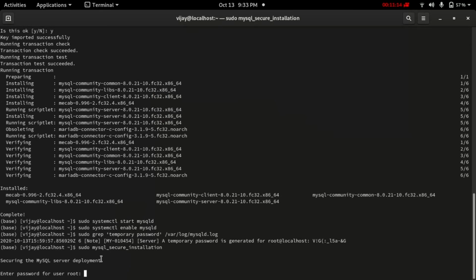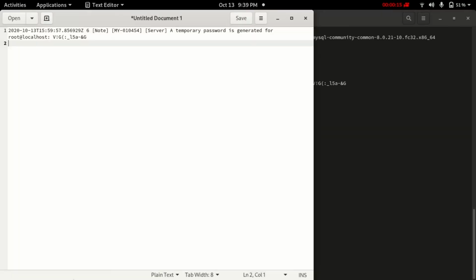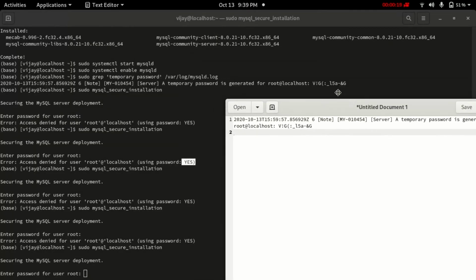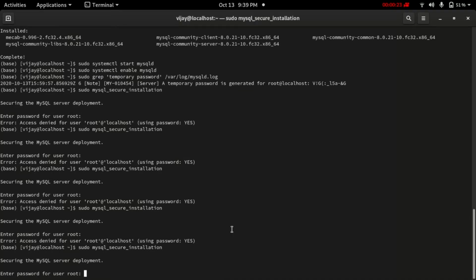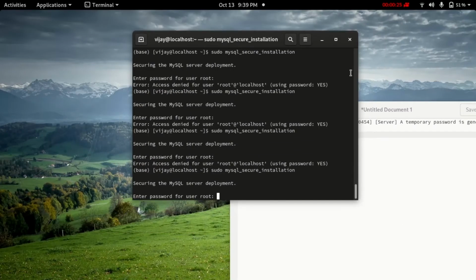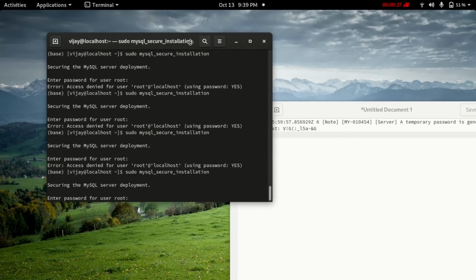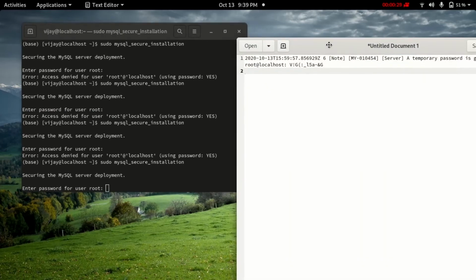Okay, so we'll give the password here. I have generated one password, so this is the password. We have to write it in here. Okay, so just write it. Let's minimize this one for writing my password.